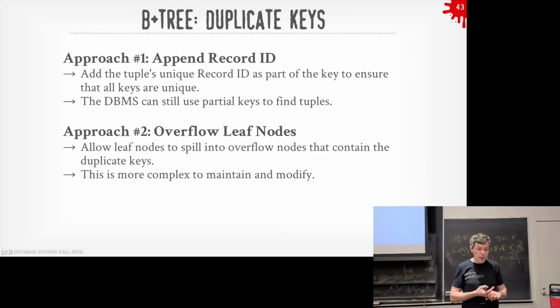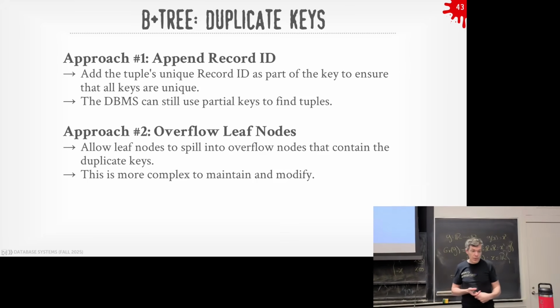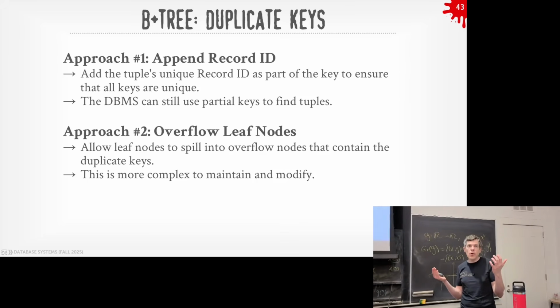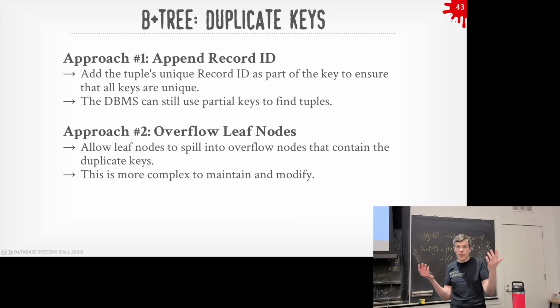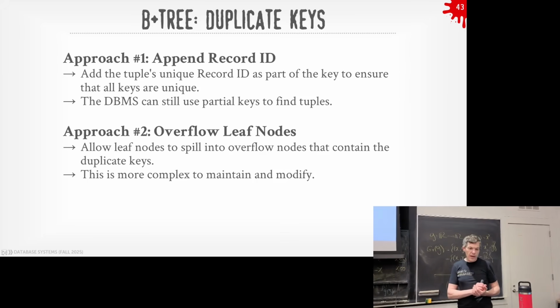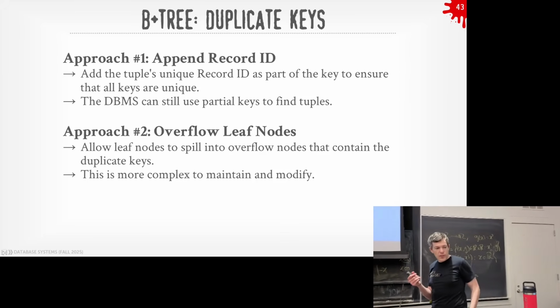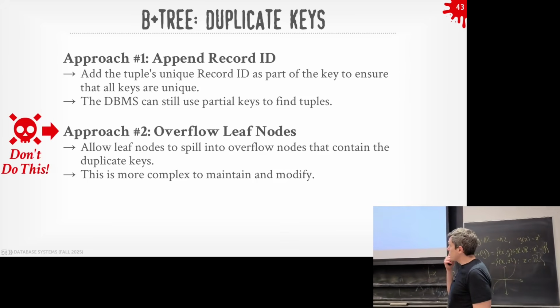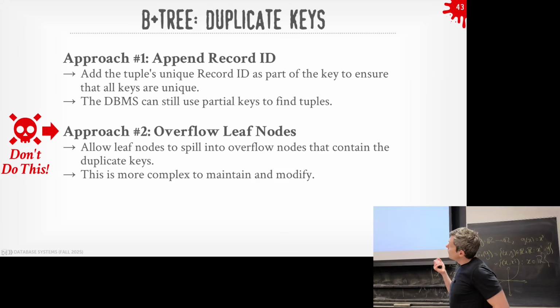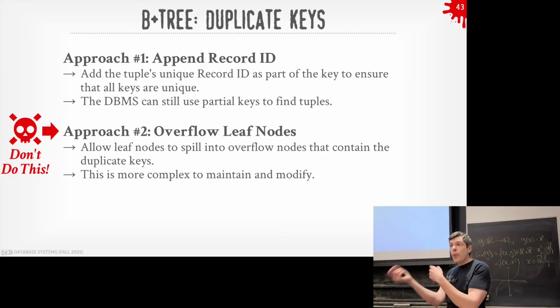So how do you handle that, right? Or think of people: if you have an index on the zip code for people's mailing address, there's a bunch of people that live in 15217, 15213 in Pittsburgh. So how am I going to handle having duplicate keys in that case? There's two ways to do this. The first one is the right one. The second one, don't do this, right? So the first one is you basically store a hidden attribute in the key of the index, that's going to be the record ID of the thing I want to point to.